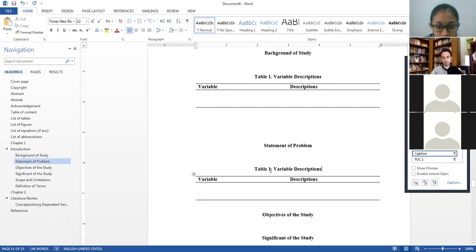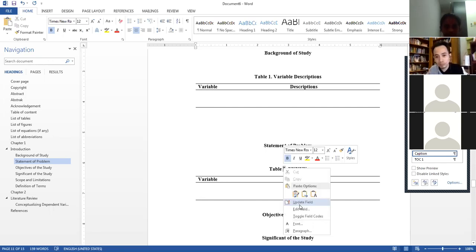For this one, I just click here and then I click update. By the way, I need to change the name of my table. So when you insert the following table, all you need to do is go to the numbering here, right click, and then click update.